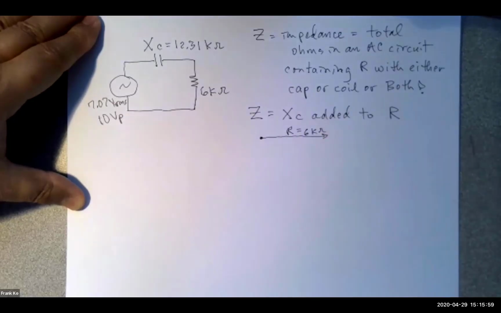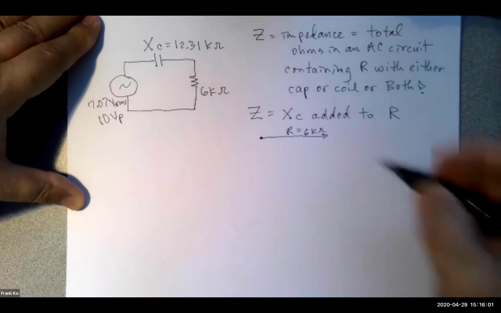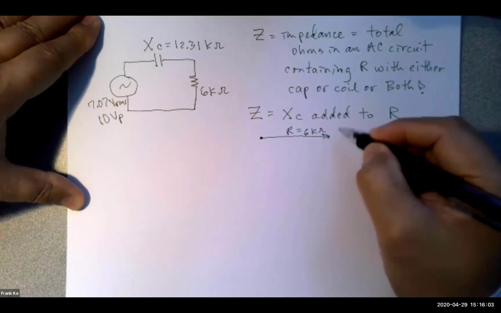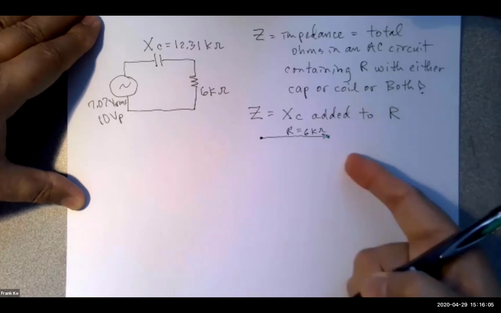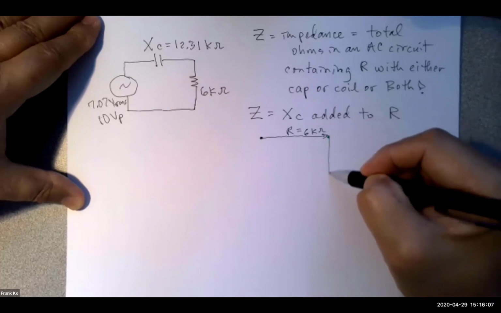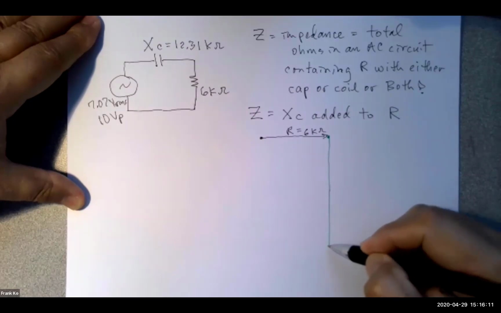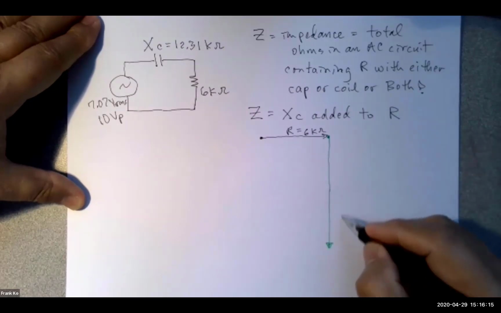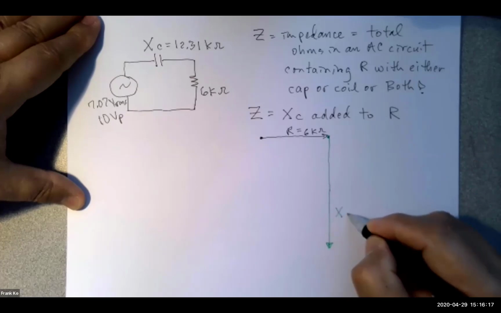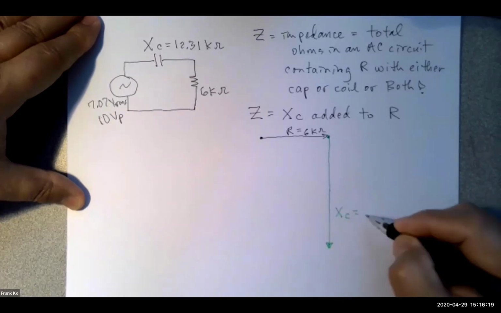At the end of the R, I'm going to draw another line, proportionally speaking roughly 6 and roughly here is 12. So here is another line, and this is called X sub C. And X sub C is equal to